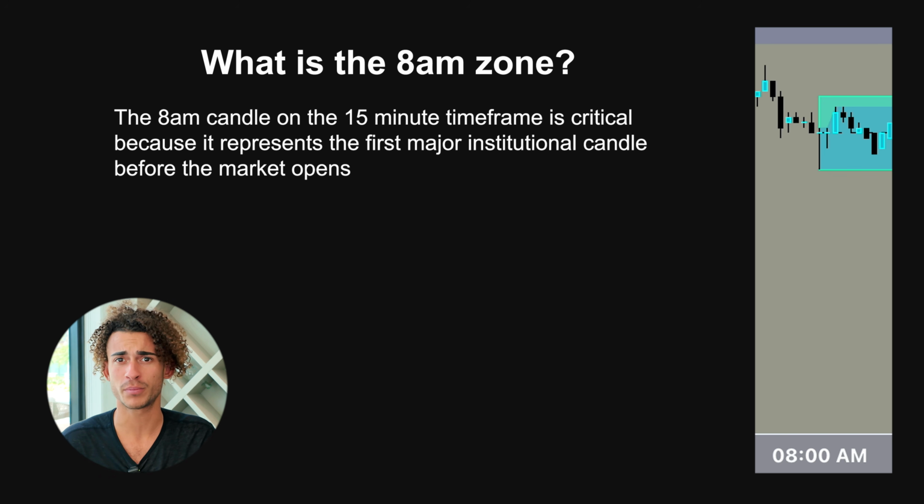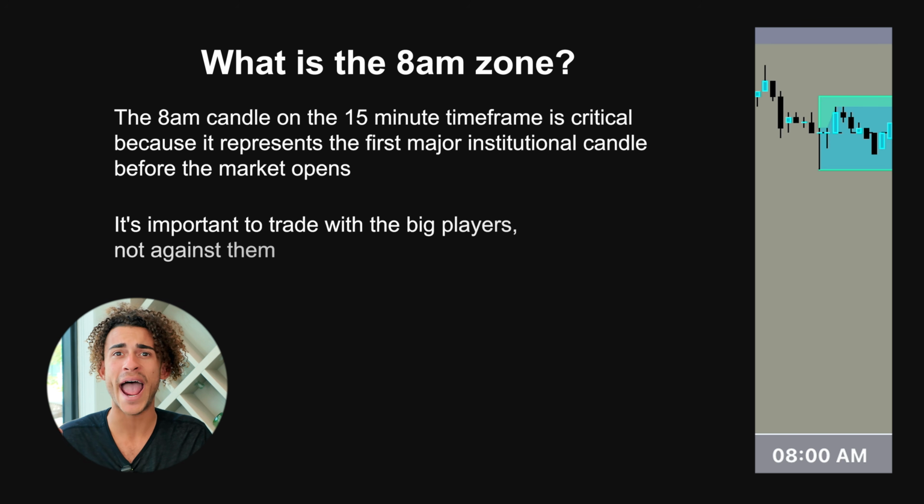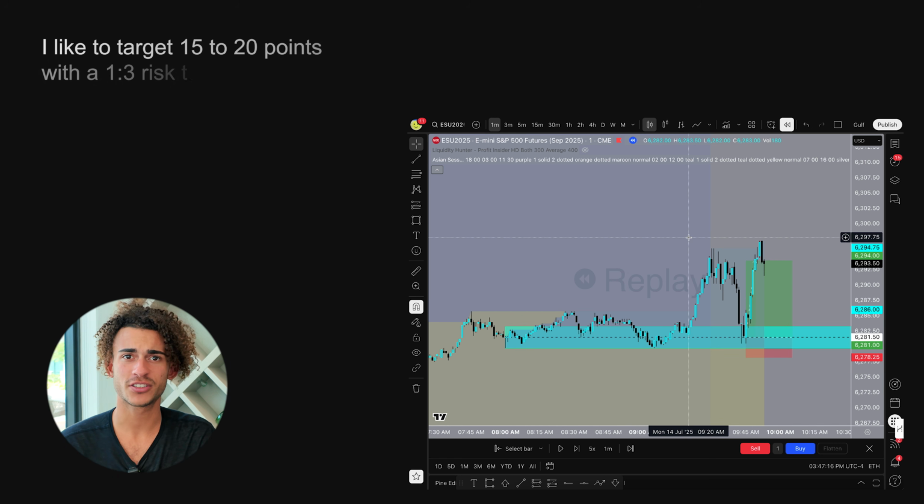This is where the big players are positioning themselves. It's important to trade with the big players and not against them so that we can actually catch the moves that will make us money consistently. When I'm trading this setup, I like to target 15 to 20 points with a 1 to 3 risk to